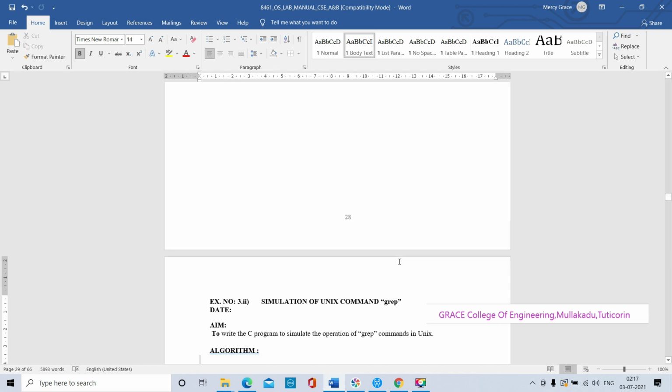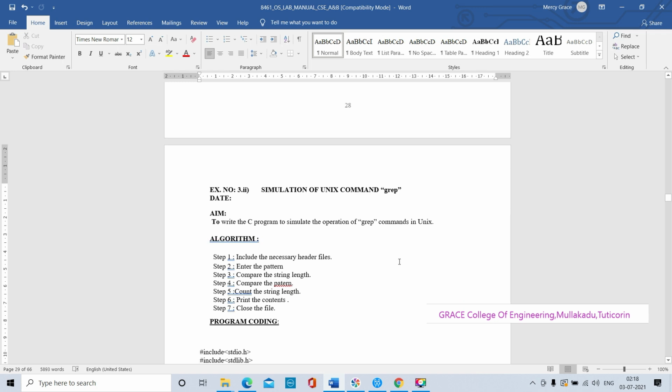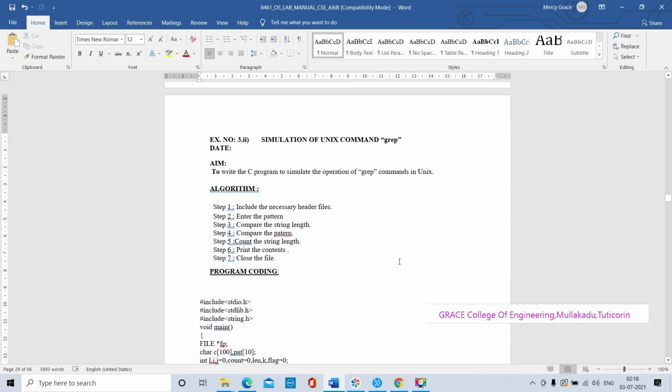Without using that command, we will get those functions by using programs. That is simulation of Unix command ls and simulation of Unix command grep. Here the grep command is used to filter text patterns, and it will display the particular pattern matching lines.